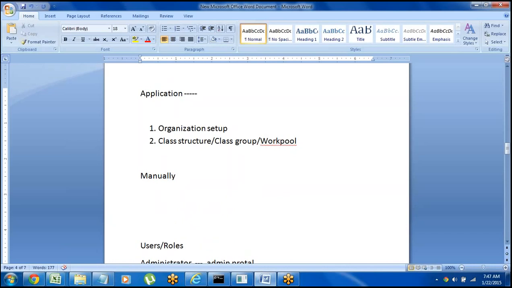There is another way, which is using the direct capture of objectives. Actually there is one inbuilt tool available. We can also create the same organization setup using the direct capture of objectives, which we call the DCO tool.